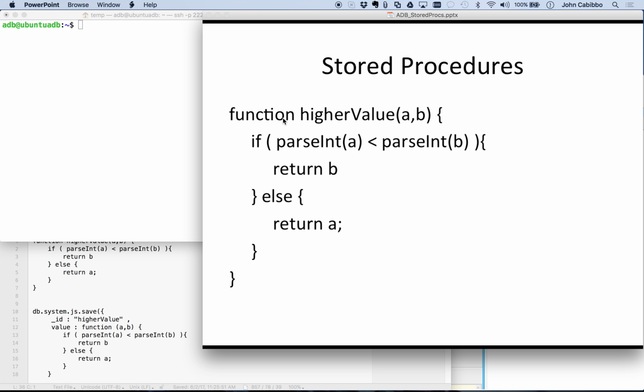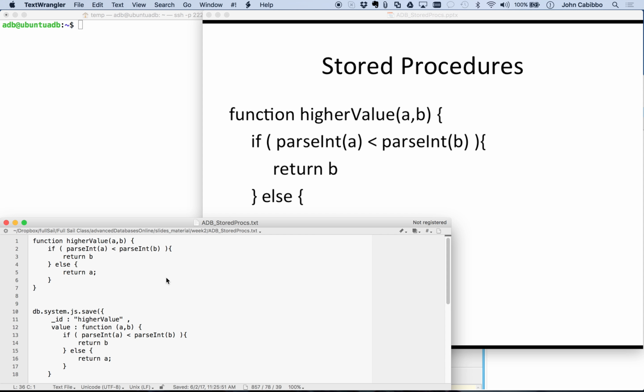We're going to create a function here called higher value, in which we pass it a and b. And I'm using that parse int to change whatever we pass in to an integer value. And then we're going to say if a is less than b, return b, else return a. So if you go ahead and copy that code